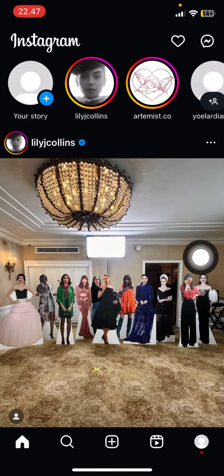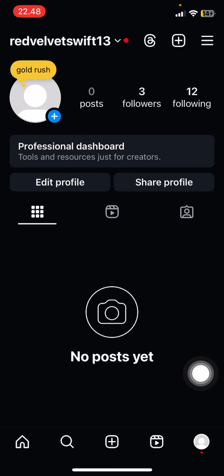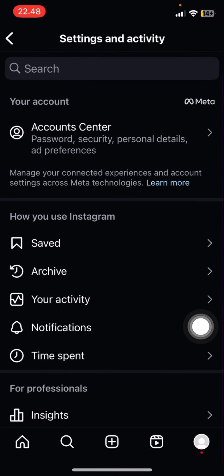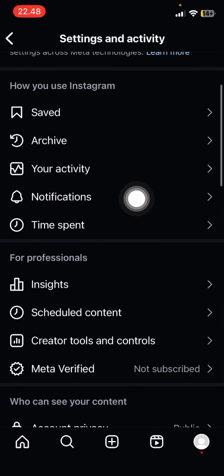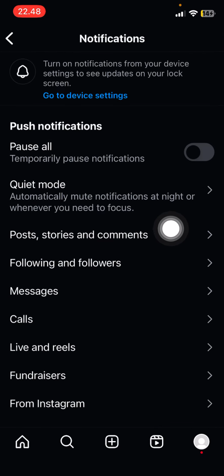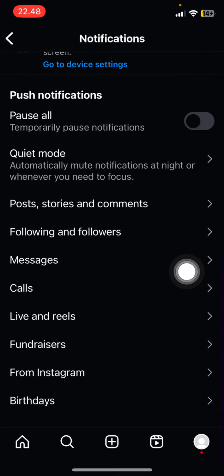In this video I'll be showing you guys how you can filter out your notifications on Instagram. So go to your profile page, again go to the three lines for the settings and scroll down to the notifications tab. Select it, and here you can pause all, or you can select a specific notification that you want